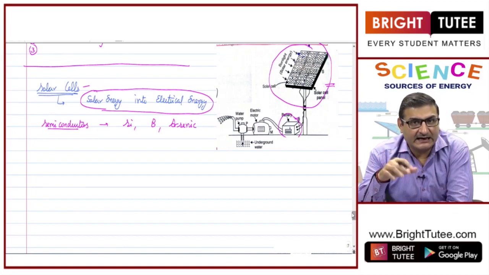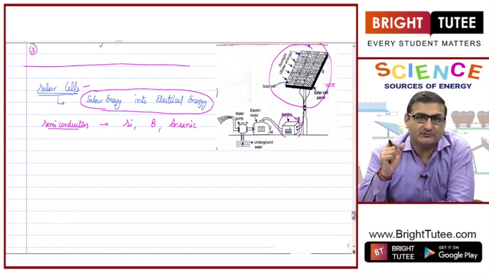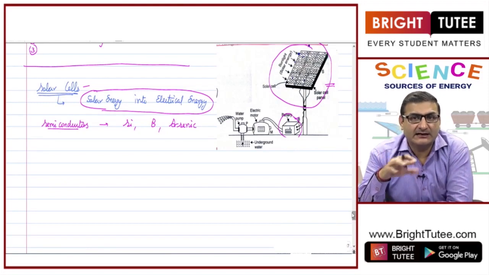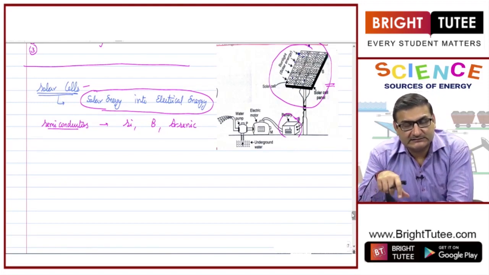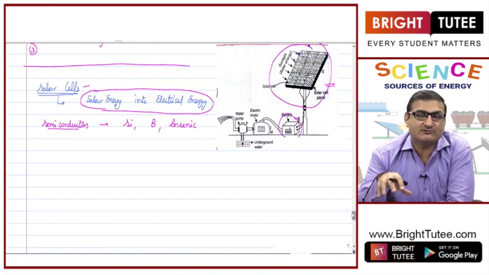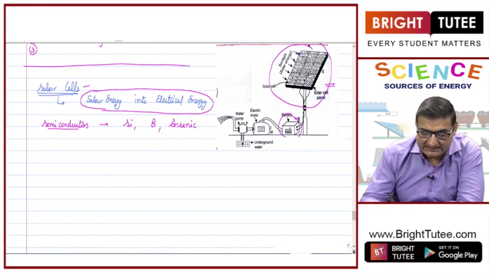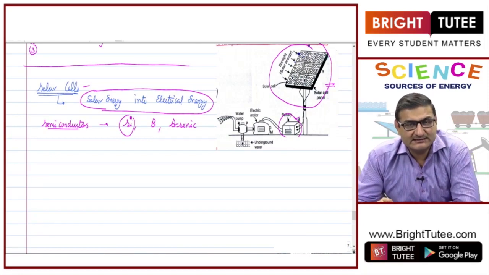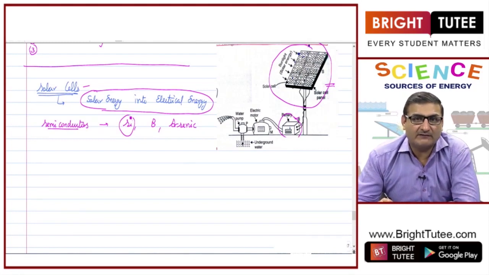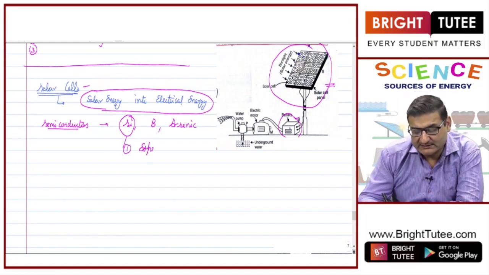Fine. Then in many of our toys, in our calculators, there are solar cell watches. Here also we use these solar cells. So, the uses are many, but there are certain drawbacks with the use of solar cells. Now, the major drawback while using solar cells is that they are quite expensive. Even though the silicon which is used in these solar cells is quite abundant, the high grade silicon which is required for making these well fabricated solar cells is quite expensive. So, that is the first reason why these solar cells are expensive.